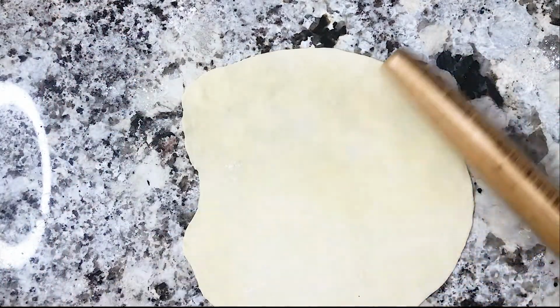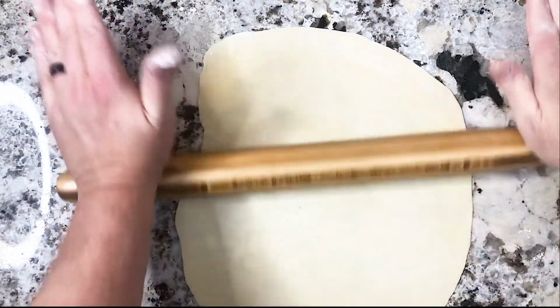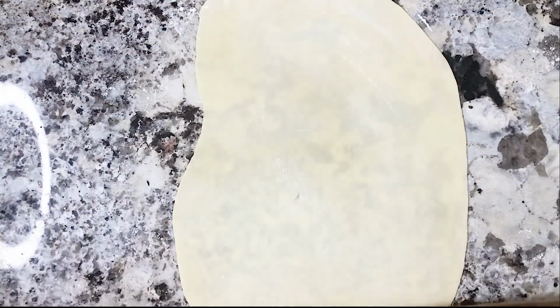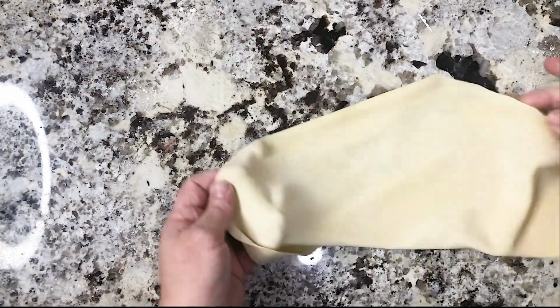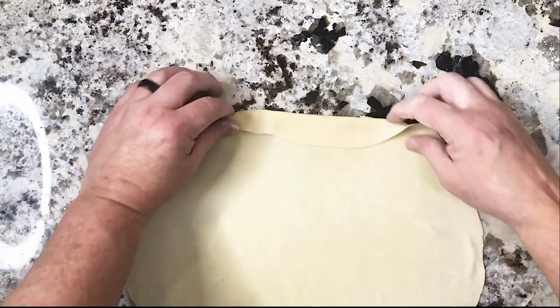So how thin? Again, keep an eye. There's very faint shadowing that you can see through that dough. But if you start watching that, you'll start to see it more and more, and it's getting thinner and thinner. If you've done the initial kneading correctly to the dough, you should be able to take this hyper thin, like within the